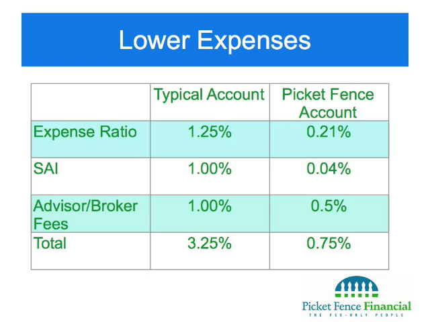Now for my clients, I use these exchange traded funds. And again, the expense ratio on most of those is about 0.2%. Now their statement of additional information, their brokerage costs are about 0.04% per year. And then I only charge 0.5% for people where I'm just managing assets. So I can provide full professional investment management for 0.75%, which is roughly half of what you'd pay just for the mutual fund. So you can see, hopefully, how important it is to keep your expenses low.